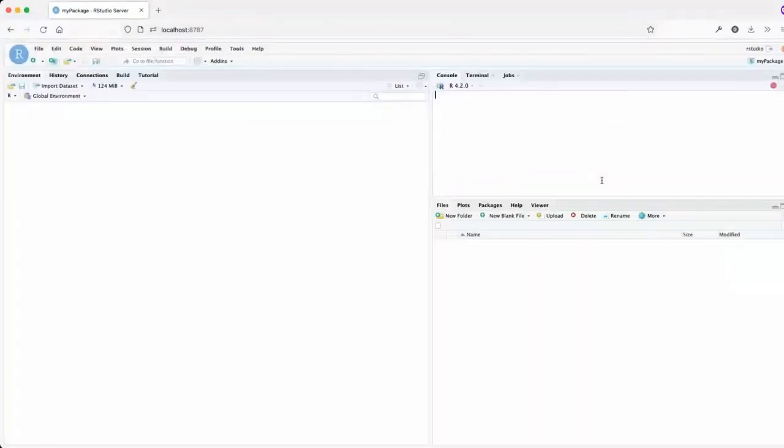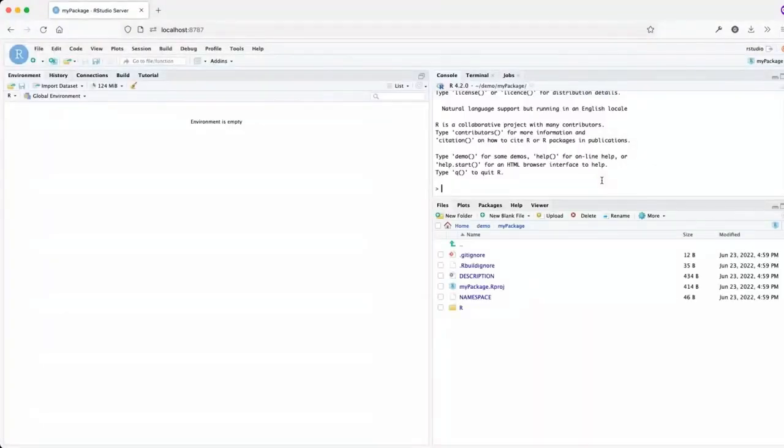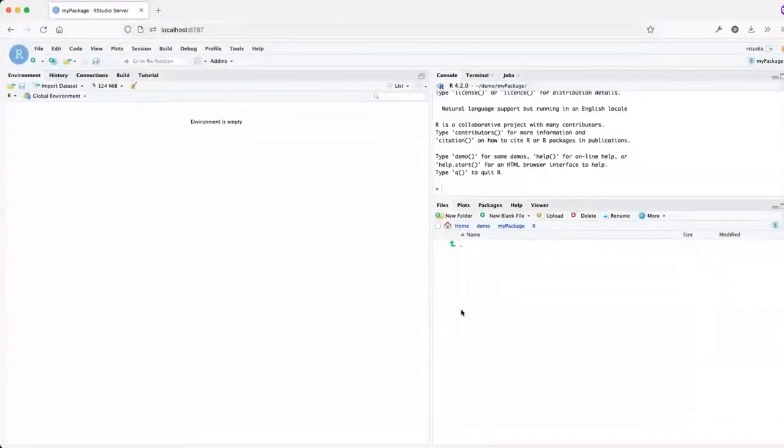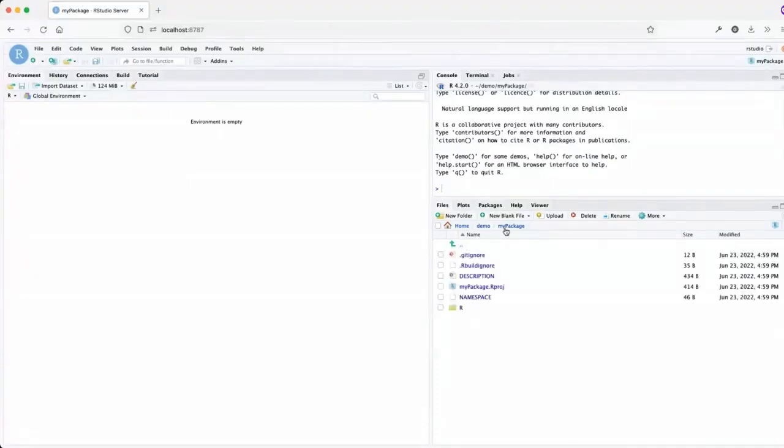And as soon as I hit run, usethis did a lot of things, which happened very quickly. It was hard to see, but it basically created a folder called my package where I asked it to be. And then it added a couple other little things, an RStudio project, a DESCRIPTION file. The DESCRIPTION file is important, and we'll come back to it in a second, and an R folder. And these are the basic things that you need to have an R package. So the idea is we'll put R scripts that have functions in them inside of the R folder. And so that'll be the first thing that we're going to do.